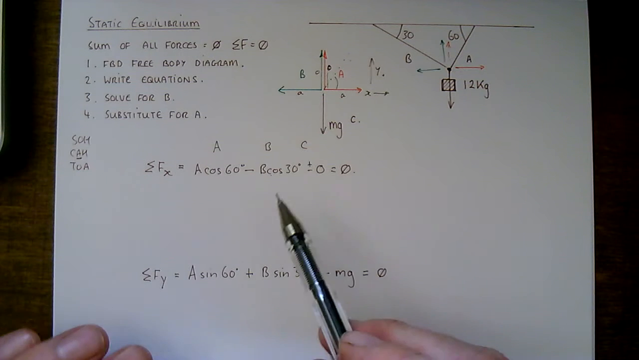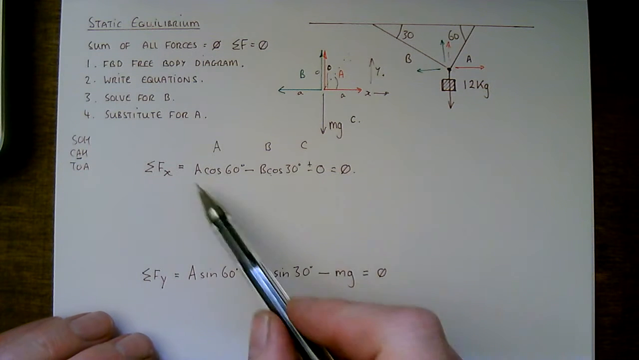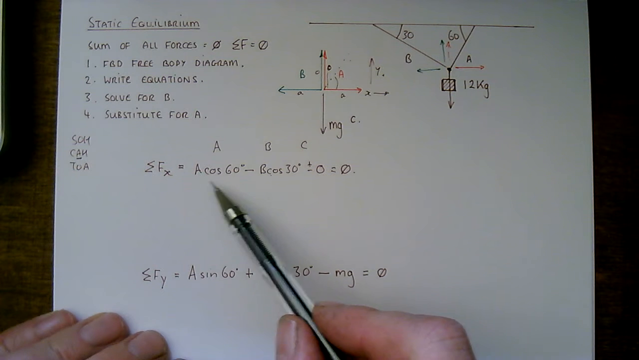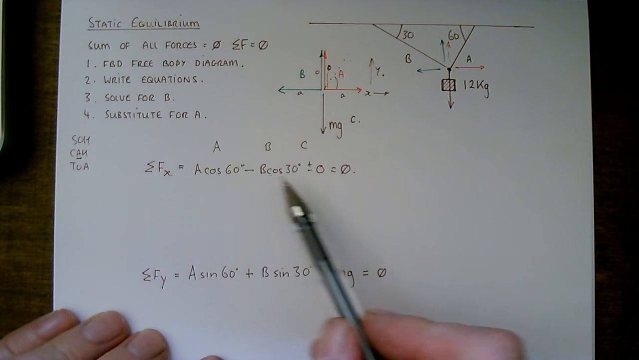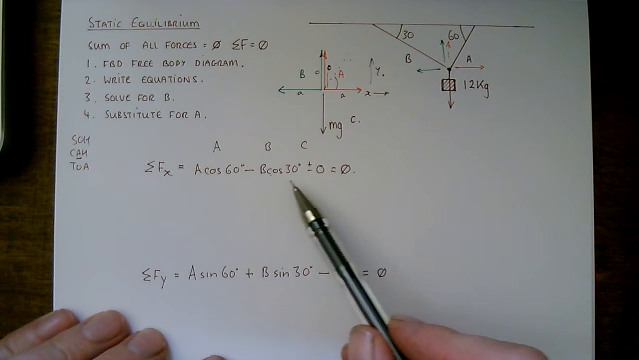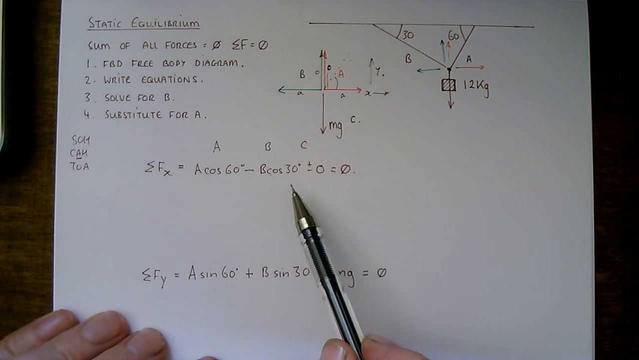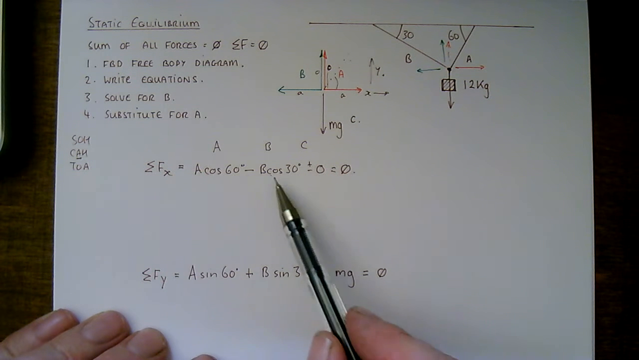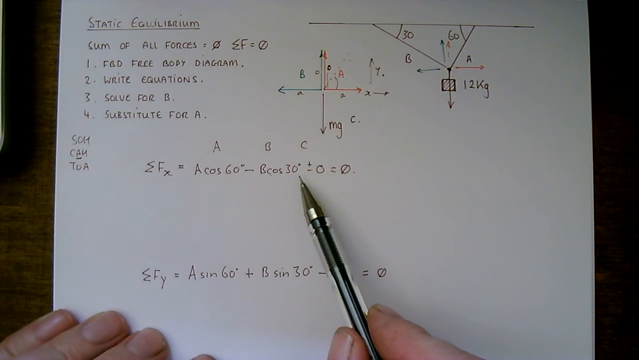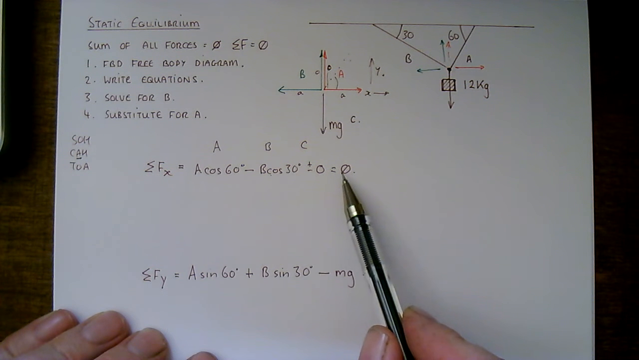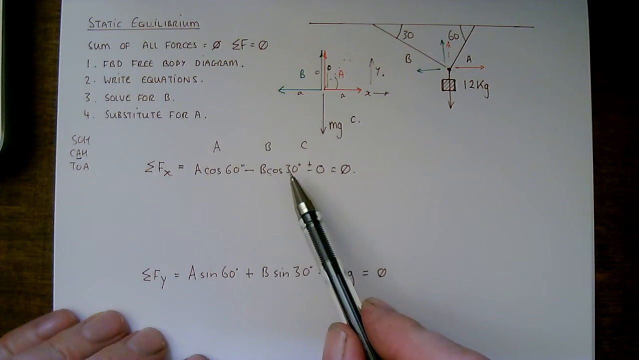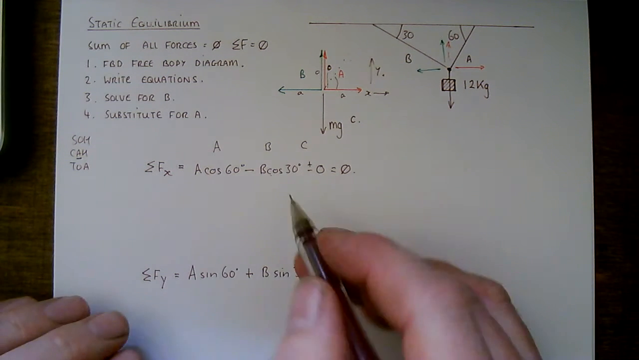Now the technique here is to concentrate on one equation and try and resolve it out so that we've got A or B being equal to the other. So just try and follow me along and you'll see how this works. I've got A cos 60 minus B cos 30 is equal to 0. If I want to remove this from this side of the equation,